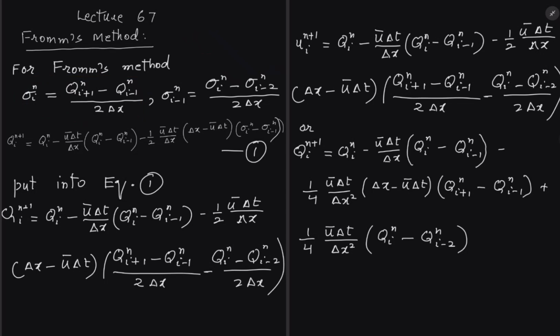When I replace I with I minus 1, then we can write this as I and I minus 2. So we put all these values over here, and sigma and I, which is the slope over here, and we get Fromm's method. It is a very simple procedure. You just need to understand this equation which I already derived in my previous lecture. So we simply put the values over here,